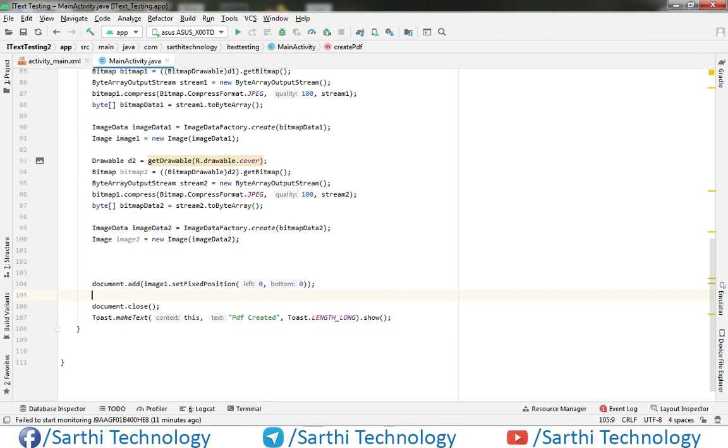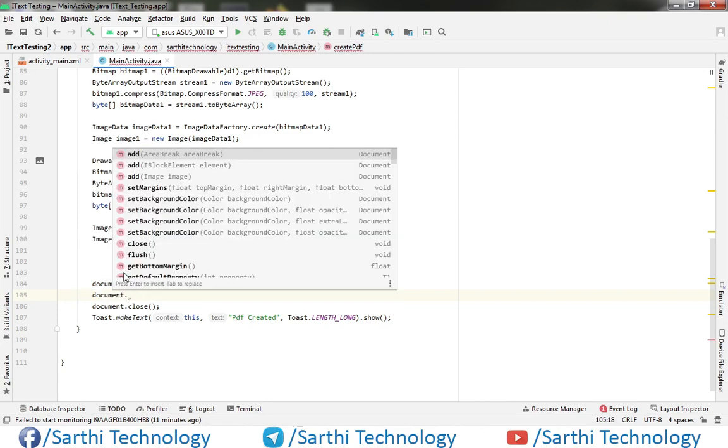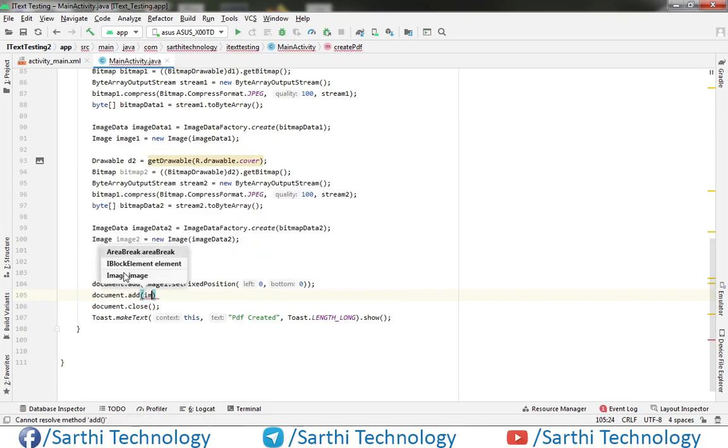Now the second image is document dot add image 2. Okay, so now let's try to run this.